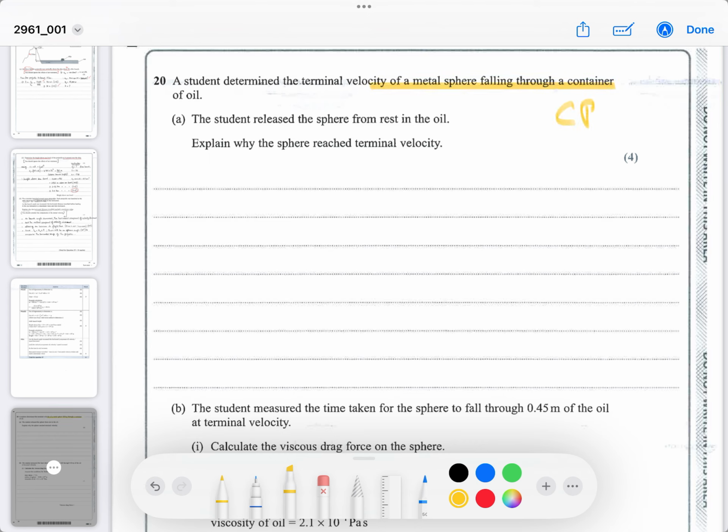So this is a core practical. The student released the sphere, and they want you to explain why the sphere reached terminal velocity. So they want you to say, initially all you've got is weight, so there's a resultant force, therefore there's an